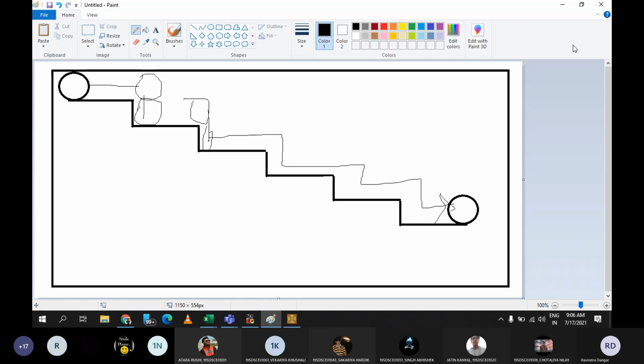Fine? Sir, should the circle move, or will it transform directly like this? I am not getting it. The circle should move. Okay, okay. It should move from here. So let's say I'm moving the circle with a difference of 1 pixel. So it should move 1 pixel ahead from here, then another 1 pixel. As we give a delay, it should look like the circle moves slowly from here to here, then moves vertically to here, then again horizontally. So the same circle is getting moved everywhere like this and here. And you need to give the delay also so that it looks like your circle is moving. Fine?